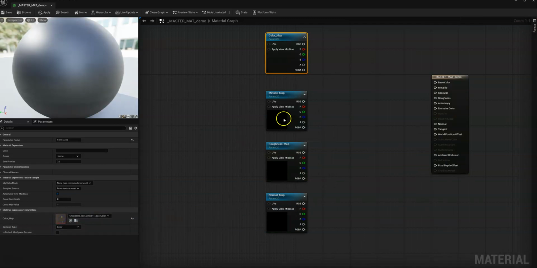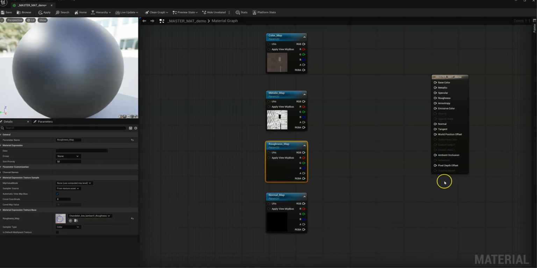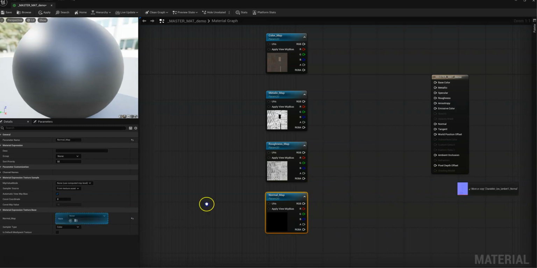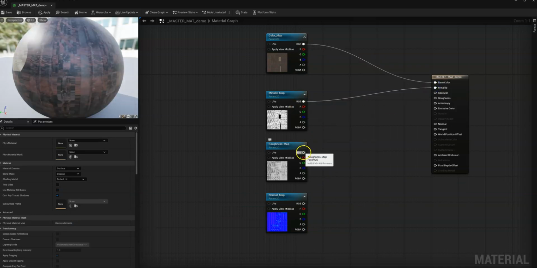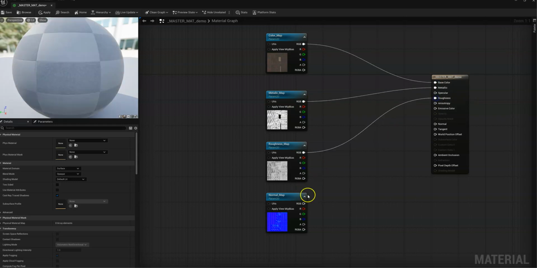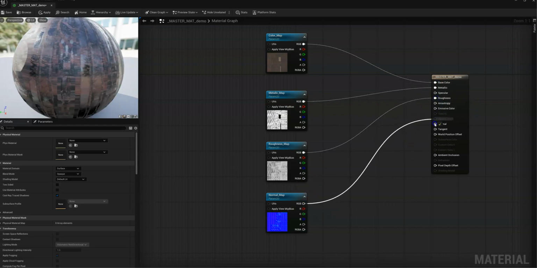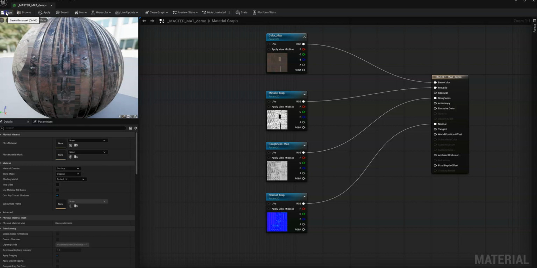Go ahead and put in my color map, my metallic map, my roughness map, and finally my normal map. So now if we hook all these up to their corresponding outputs and save,